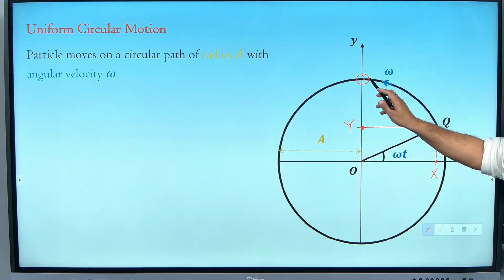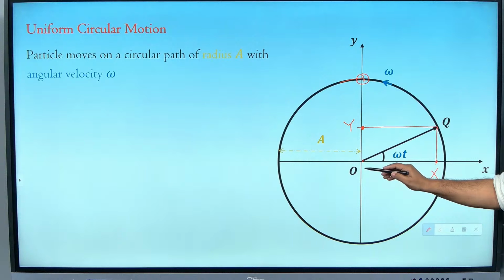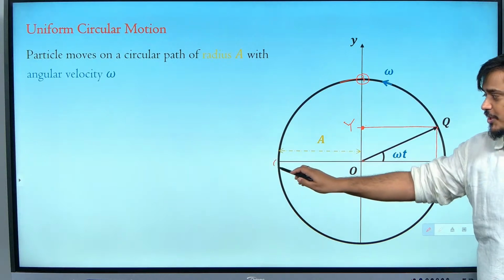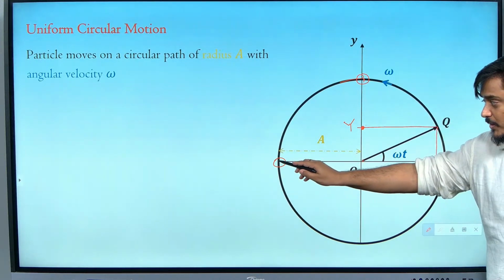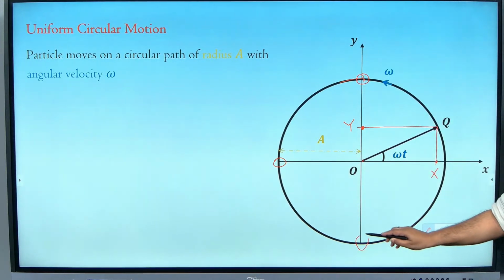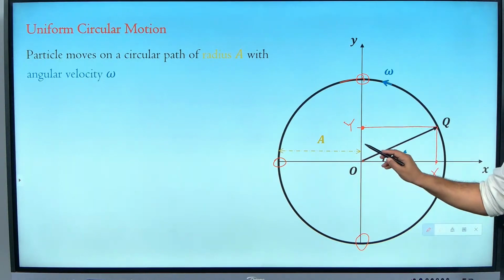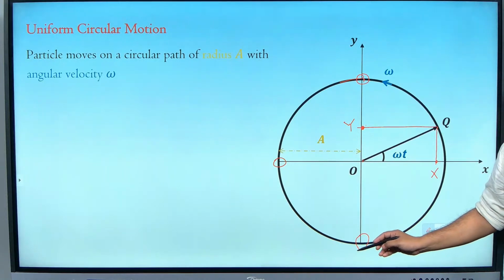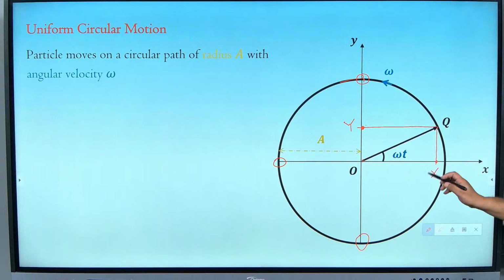And once again, when the particle Q starts moving from this position to this position, the Y starts coming down. When Q reaches this position, the Y becomes 0. Once again, when Q moves from this point towards the down point, the Y moves downwards into the negative direction, having the maximum negative displacement. And once again, when it moves from this point, let me name these points, it will be easy. Let this point be A, no, let me not use A because A is already used for amplitude.